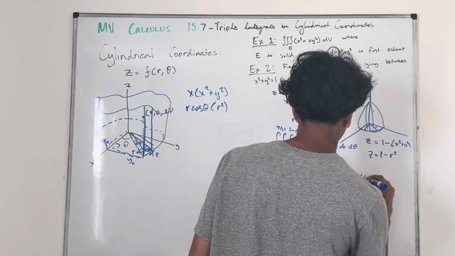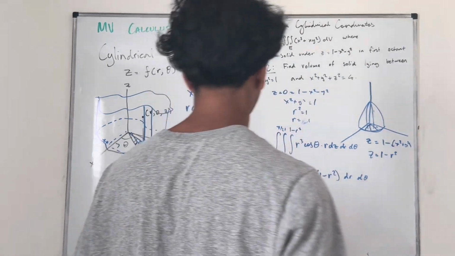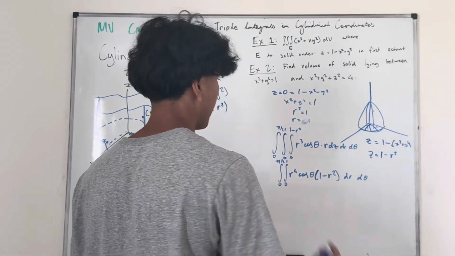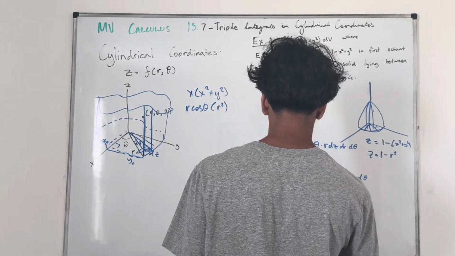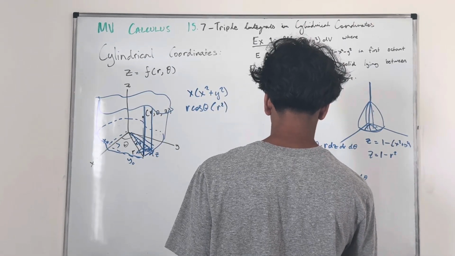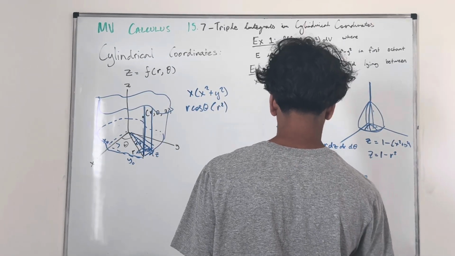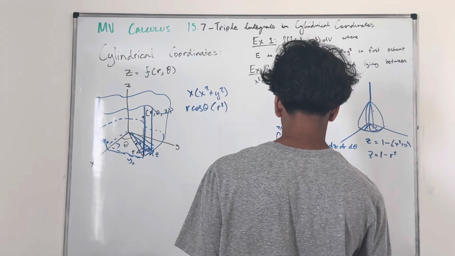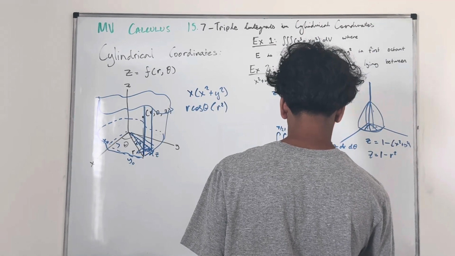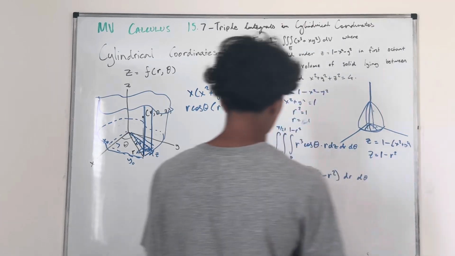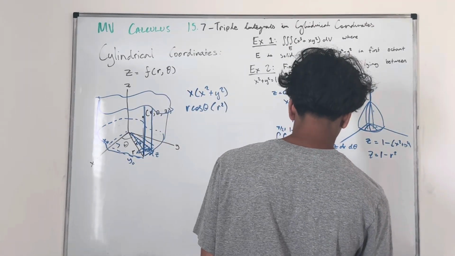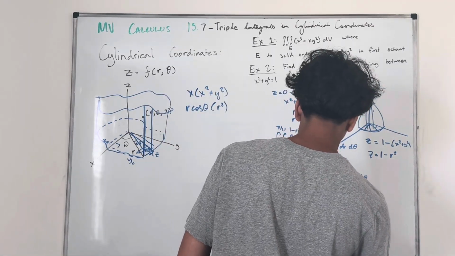Dr d theta. What we can do really quickly, first of all, we can pull out the cosine theta from this because nothing in here really depends on cosine theta. So we can have cosine theta from 1 to 0. We can distribute the r to the fourth to simplify this. So we would get r to the fourth minus r to the sixth